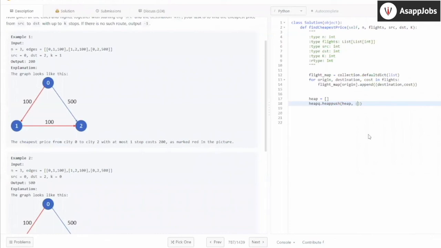Okay, so here I will keep a triplet. The first value being the weight of the edge. Right now I am at the source vertex, so I don't give any weight. I am there only, I don't need to pay any cost. The number of hops I've done till now is nothing, so I will say -1. I have not done any hop yet. And where I am is the source, right? So that's your source vertex. This way you will keep your priority queue.